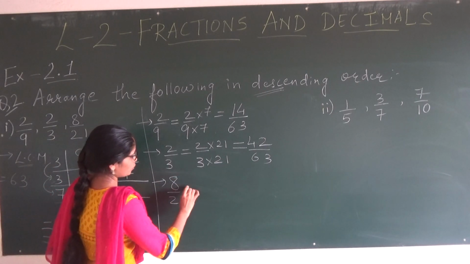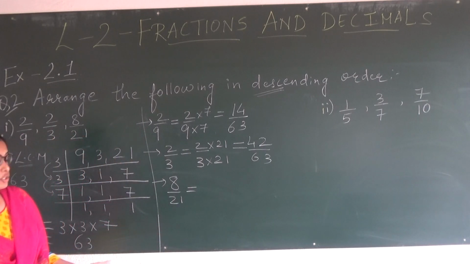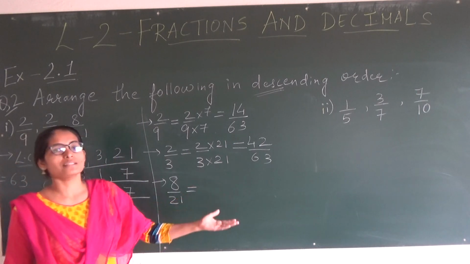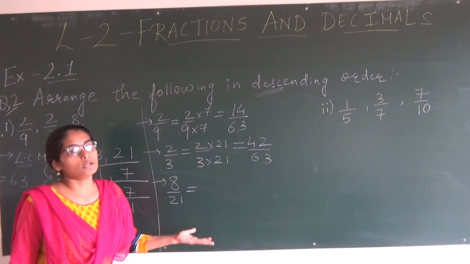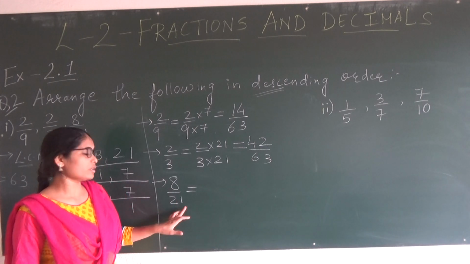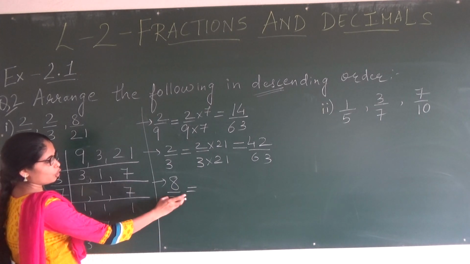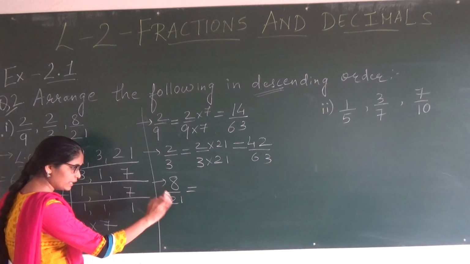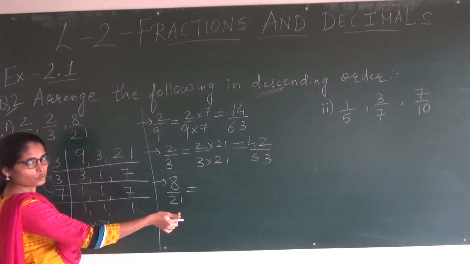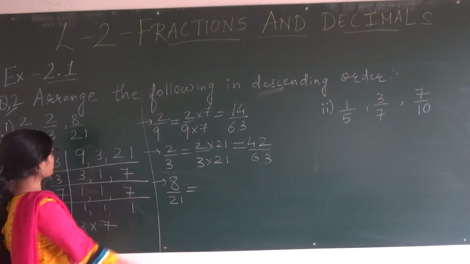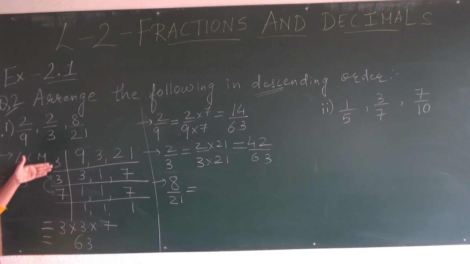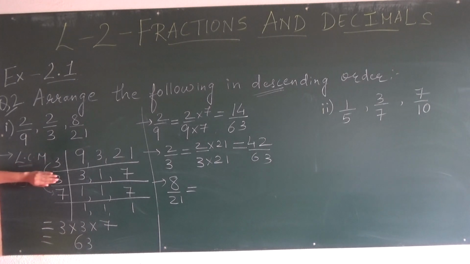Now the third fraction is 8 upon 21. Again we will apply the same logic. 21 times how much is 63? Some students may not know that orally. So very simple, come back over here. We already have 21 in the denominator. So other than that, what do we need to multiply? Out of these, 3 7s are 21, this 3 and 7, so this we have.